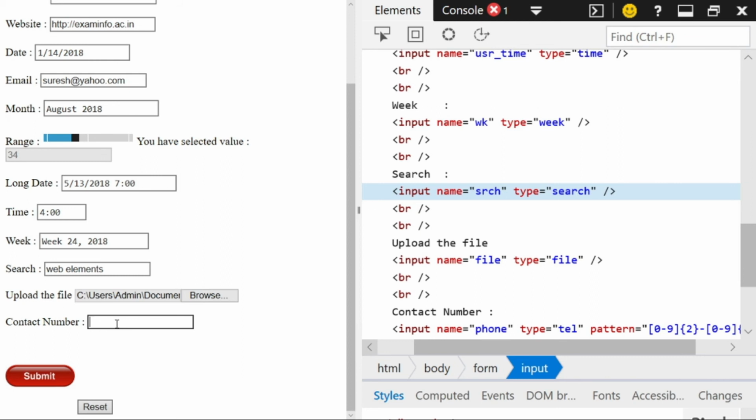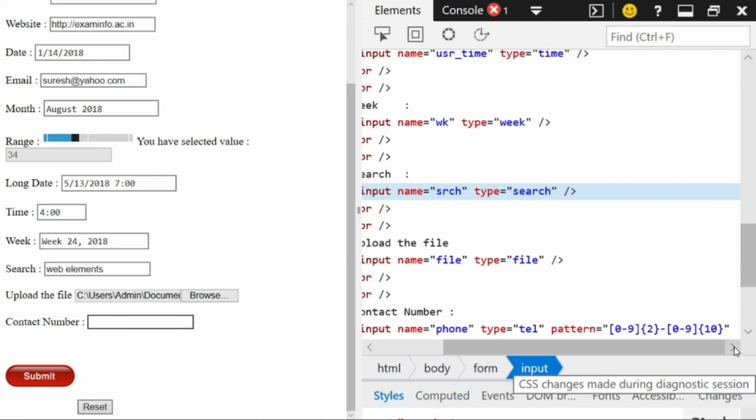You can see it here, I have used the pattern attribute which says that the number can range from 0 to 9 and it should be of length 2. It is separated by a dash. Again, it has the combination of 0 to 9 and the length of that number is 10 digits.